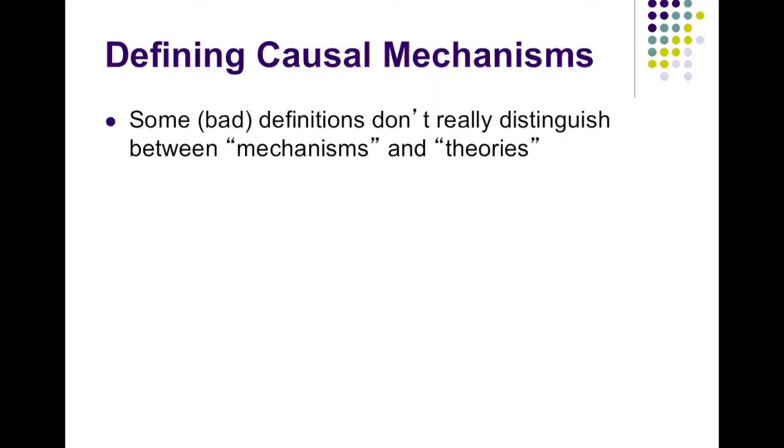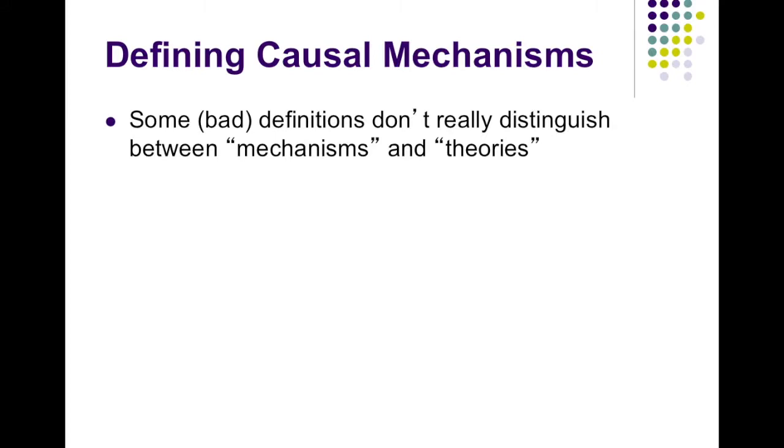But still, this leaves open a very difficult question, and that is, how do we define causal mechanisms? What do we mean when we use that term? And there are many different ways that people have talked about this. Jim Mahoney has written an article where he catalogs something like 15 or 20 different definitions people have offered for this term, causal mechanisms.